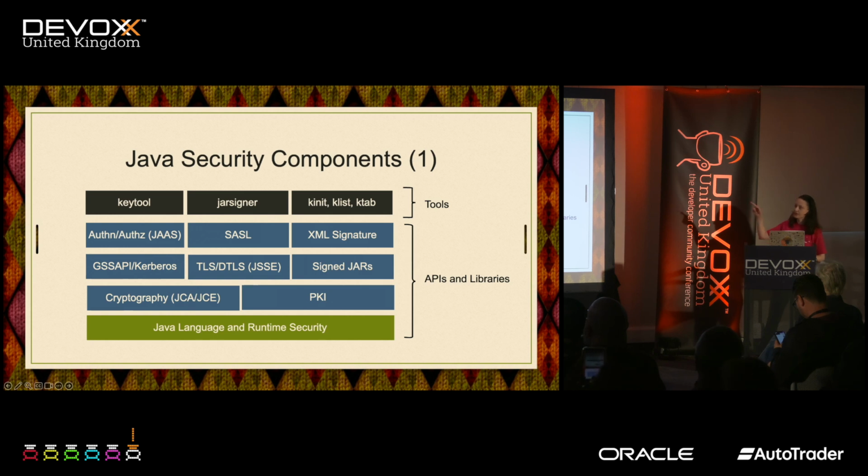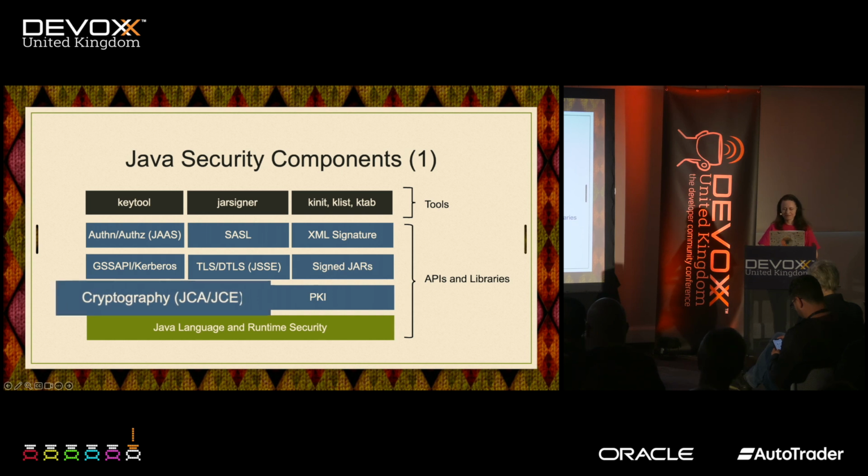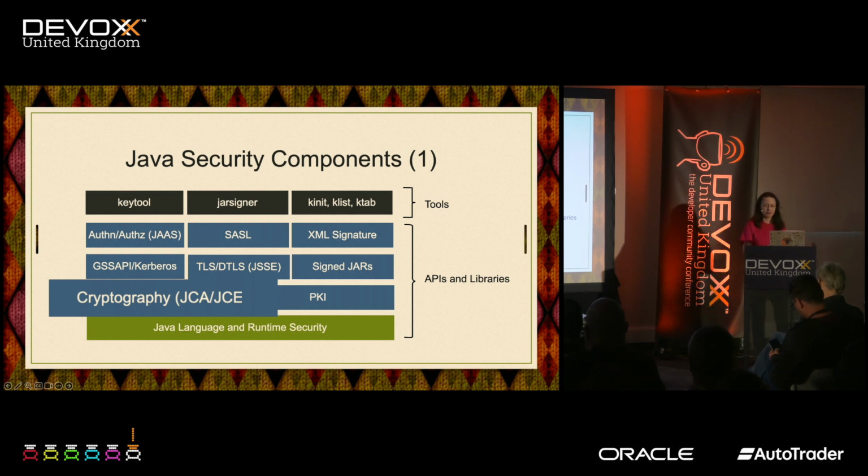Now, the higher level abstractions that you see here are based on the lower layer concepts. And the foundation of Java security, as you can see, first of all, is cryptography. The cryptography component, we call it Java Cryptography Architecture, JCA, or Java Cryptography Extension, JCE, enables you to encrypt and decrypt data, manage keys, sign and authenticate messages, and much more.